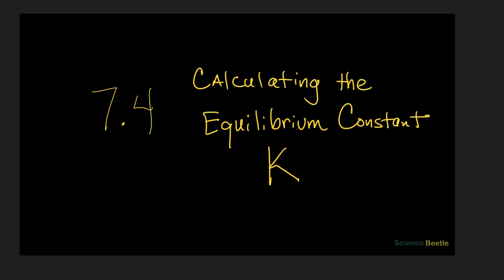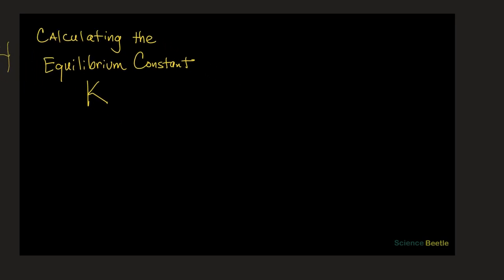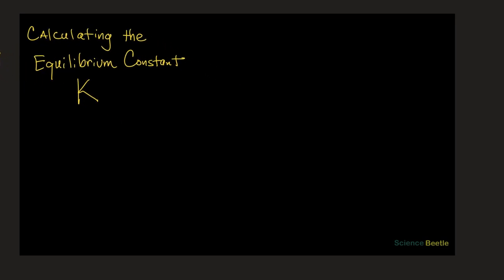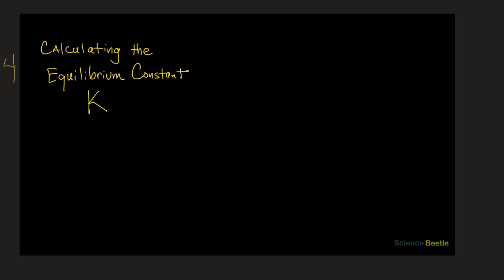All right, so for this particular section, what we want to do is go ahead and do a sample problem. So let's move this over here to the left, and we'll begin with a sample problem. Let me put it on the screen. We're going to deal with a reaction. The reaction that we're provided is this one here, where we're going to get hydrogen gas, and this is going to react with iodine gas. Both of these are gases, and this is a reversible reaction that is going to produce